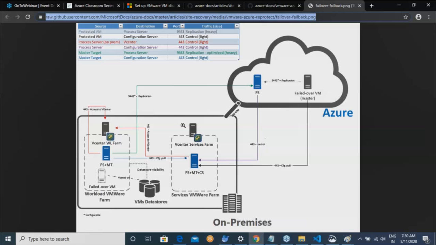If your organization is using VMware, Hyper-V, or even physical servers, before this lockdown, many organizations looked at the option of setting up a disaster recovery into cloud.